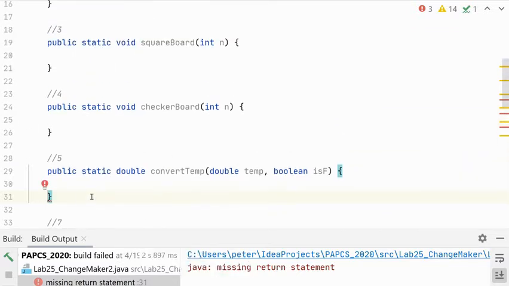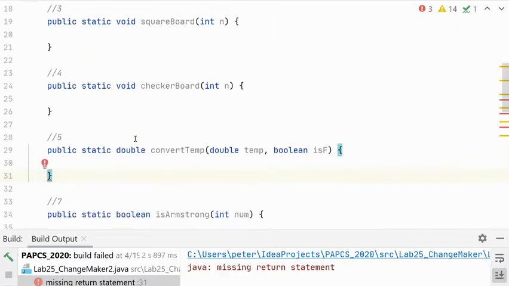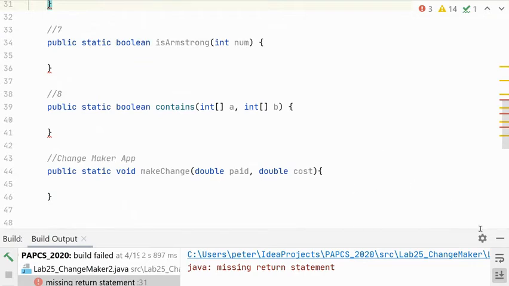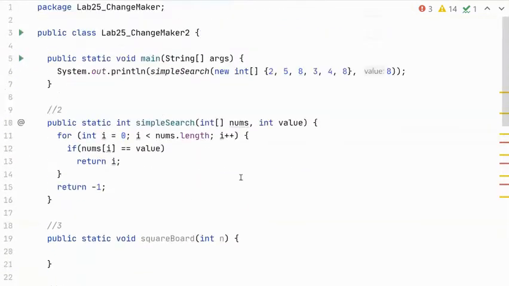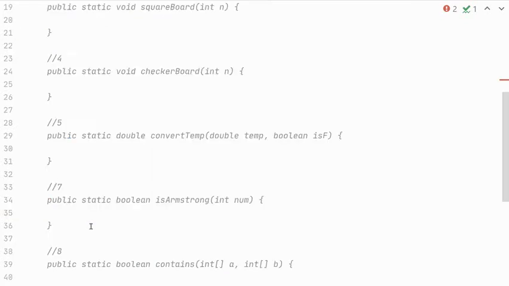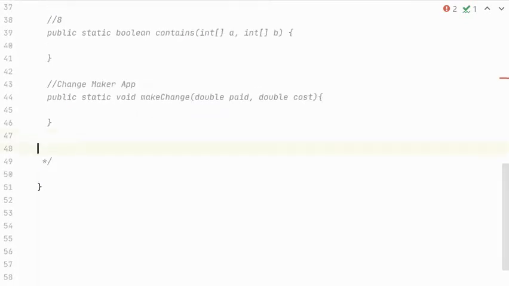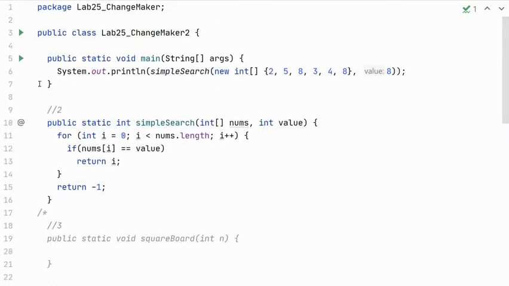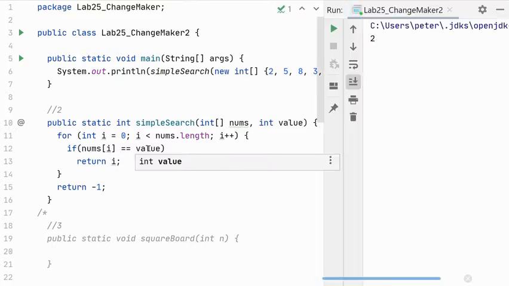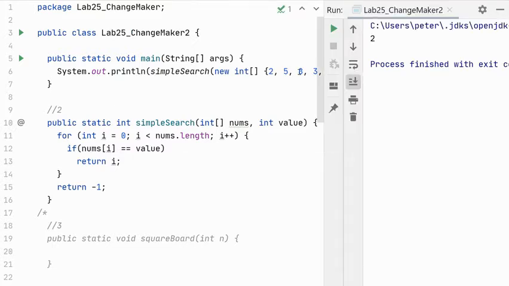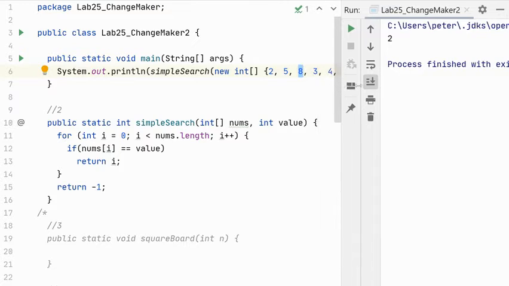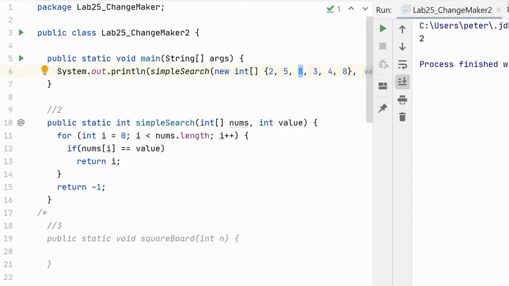Oh, so what I did was I didn't account for all of the methods that I hadn't finished writing. So let me fix that by marking those out. We'll come into those later. All right, we'll try again. And it does return the first occurrence, which is at index 2. Now let's look at the next